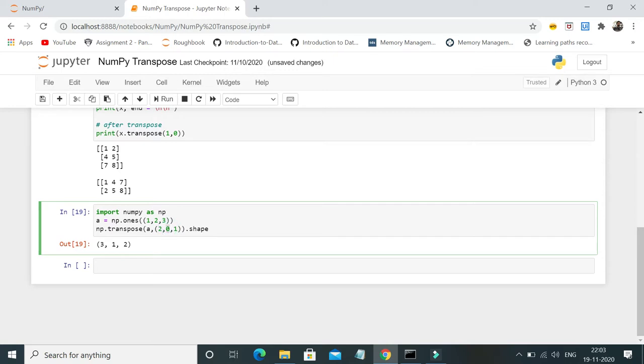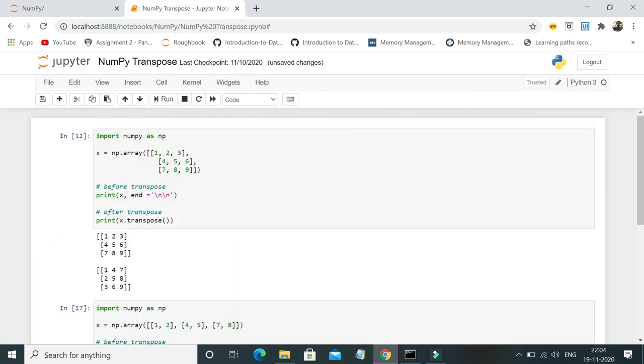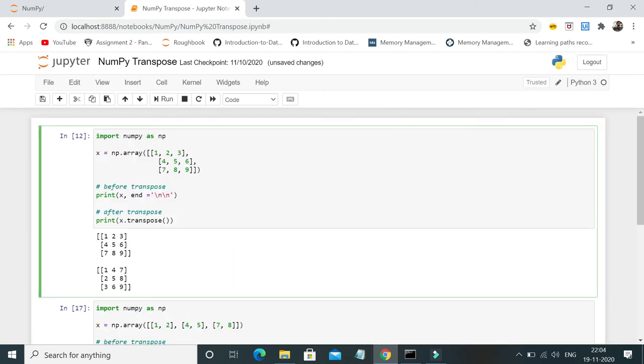So basically, if you have a single dimensional array, or a single tuple kind of element declared inside numpy, then you can transpose it using the dot shape method. This dot shape is used to interchange elements within a single dimensional object. Okay, so this is how you can do transpose using the dot shape operation. These are the ways you can utilize the transpose function within numpy.